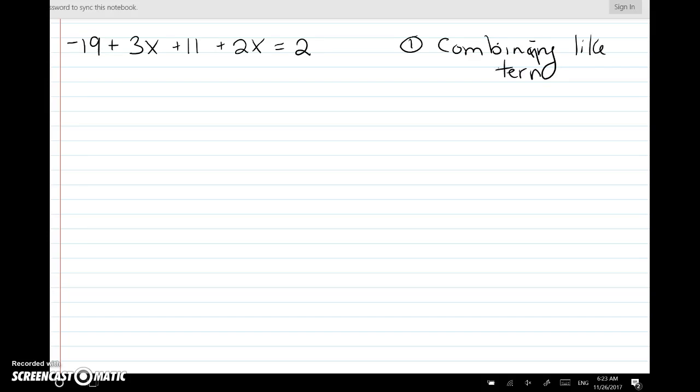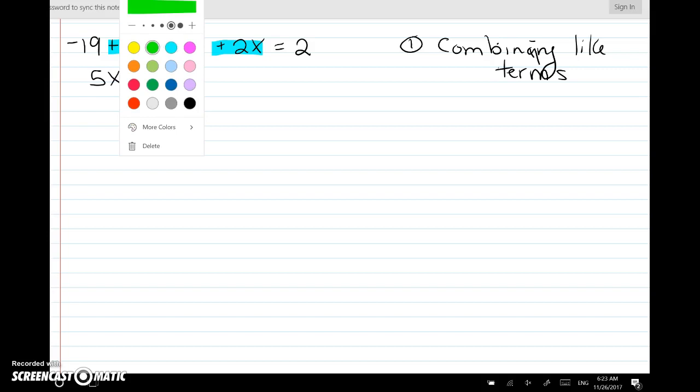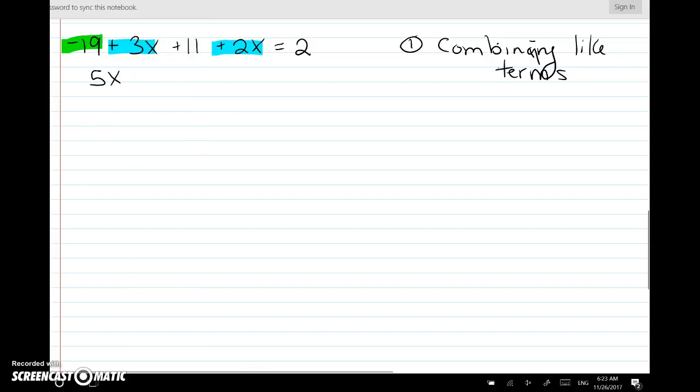And again, I've seen people circle, box, triangle the different terms, or if you want to use a highlighter, you can, whatever makes it more visual and easier for you to find all the like terms. So I have positive 3x plus 2x, which is 5x, and negative 19 plus 11, which is negative 8,